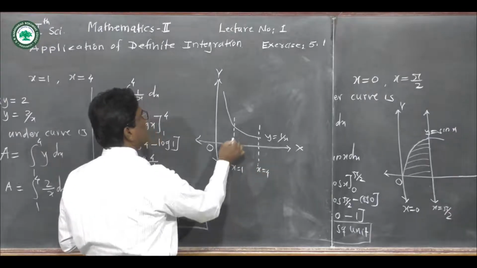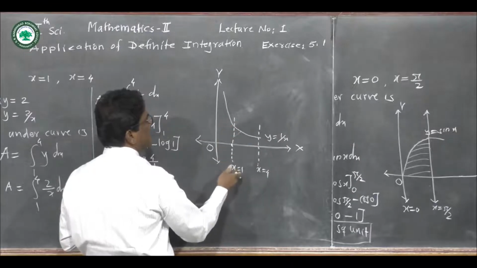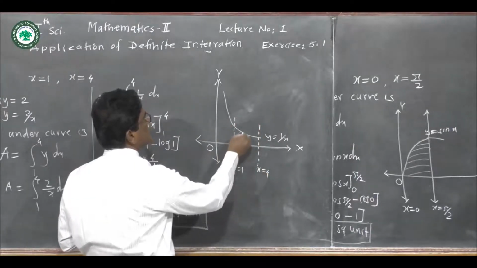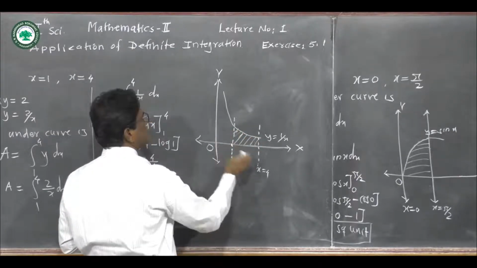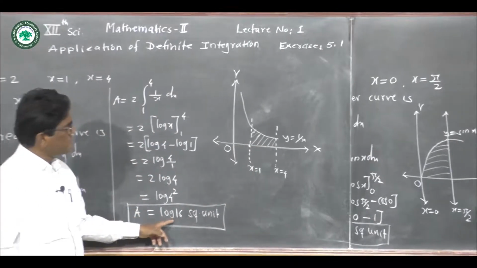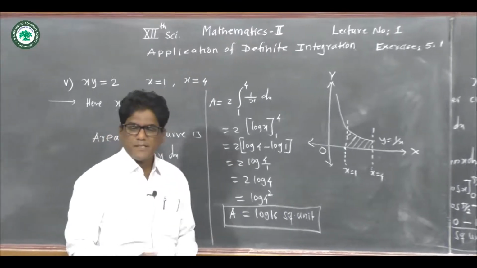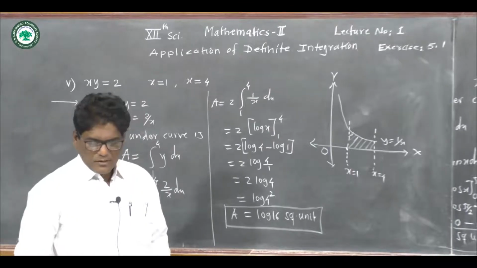Now we have to find this area under the curve y is equal to 1 upon x, and x is equal to 1, x is equal to 4, and above x axis. So this area, shaded region, is the area, and in the problem we denote it by capital A, and that area is equal to log of 16 square unit. So in this way we have completed the 5th problem. Now sixth problem,